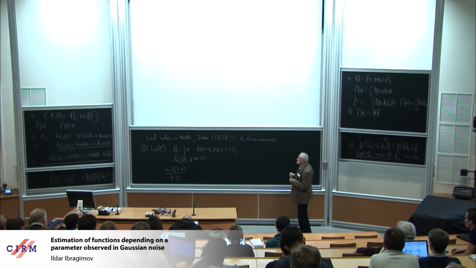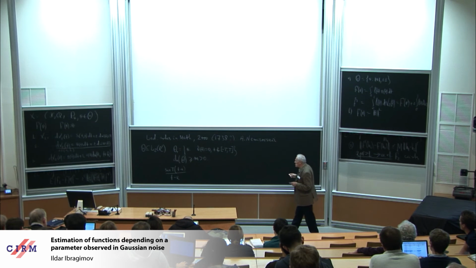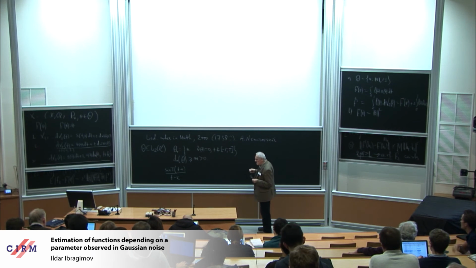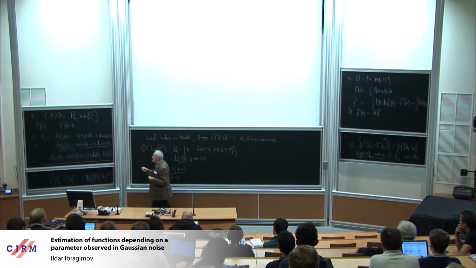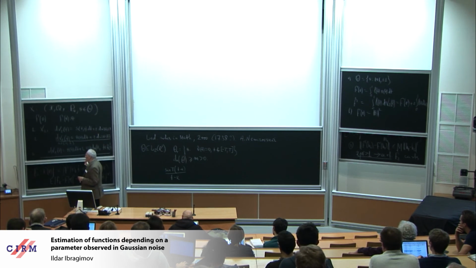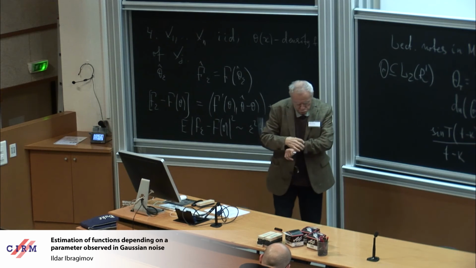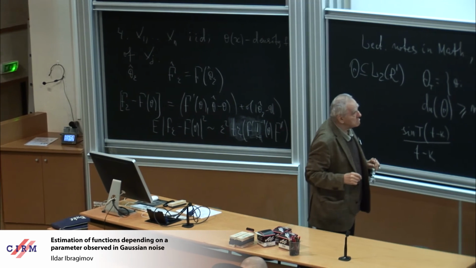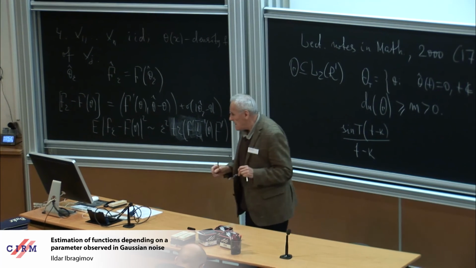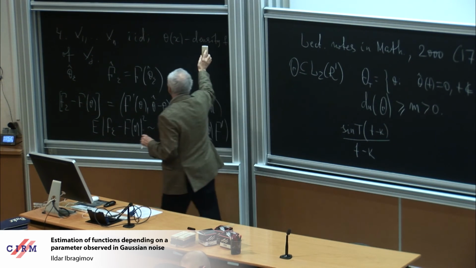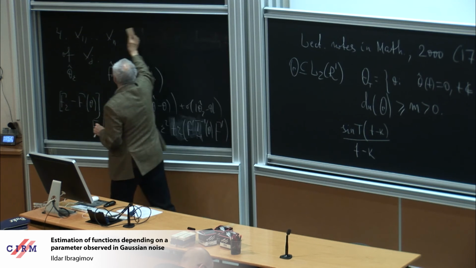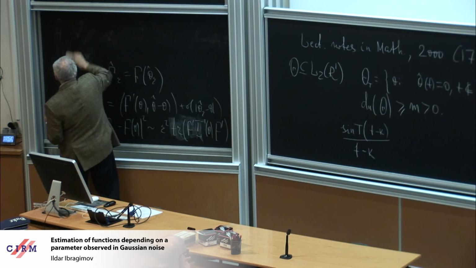Well, so we need to change a little bit the type of our problem, and I change it in such a way. We will consider the following generalization of Kolmogorov diameter. To define this generalization, I need the notion of a reproducing kernel Hilbert space.